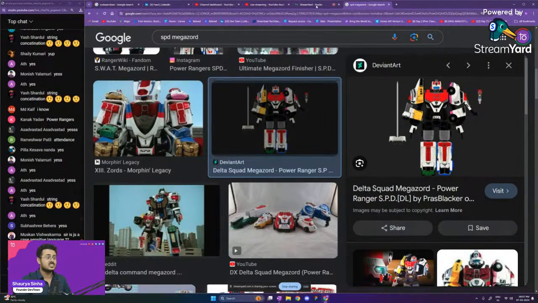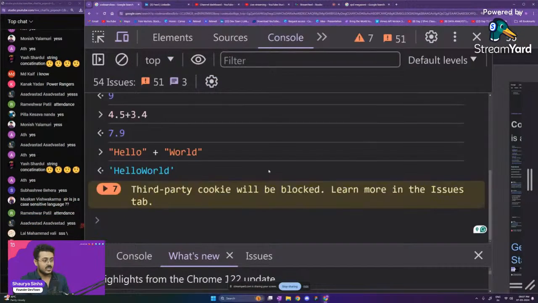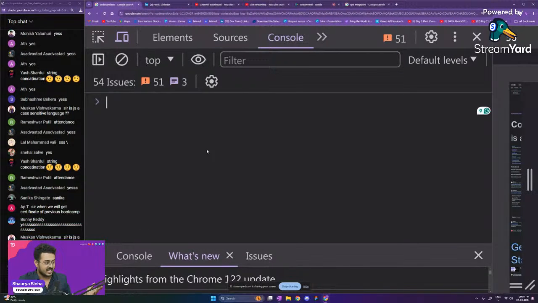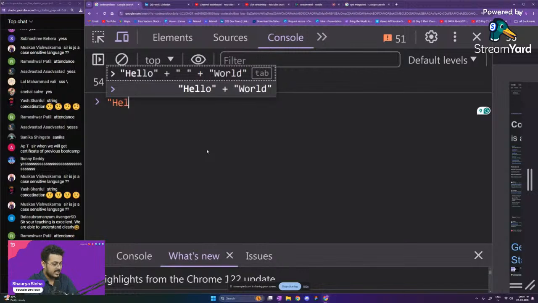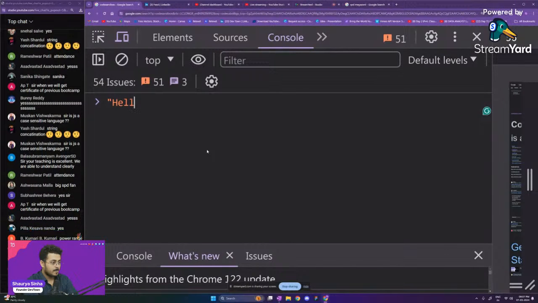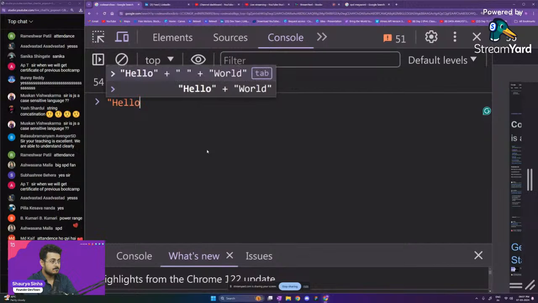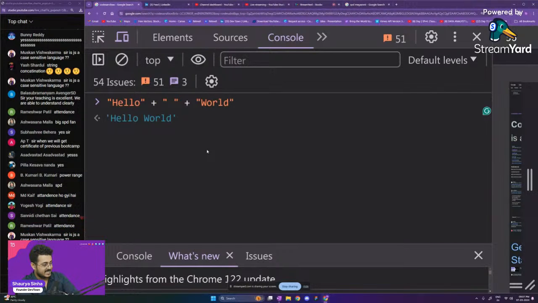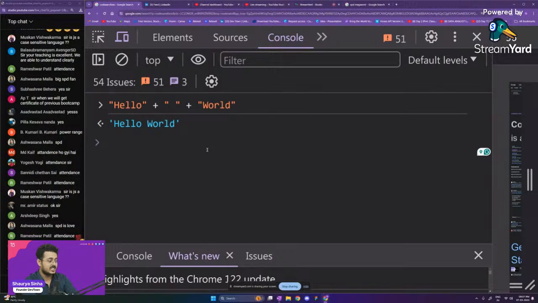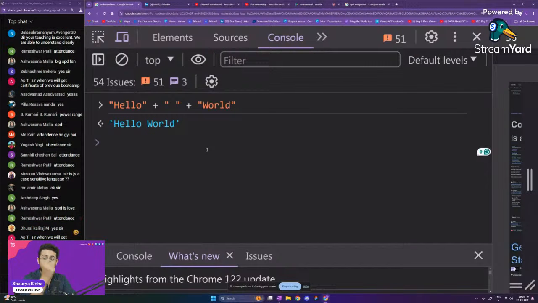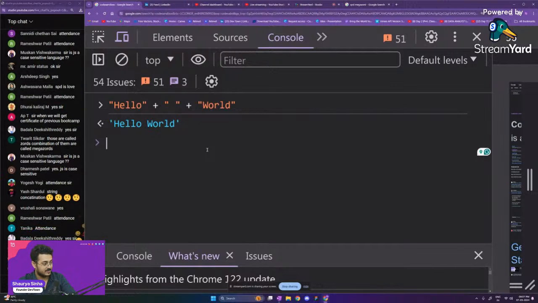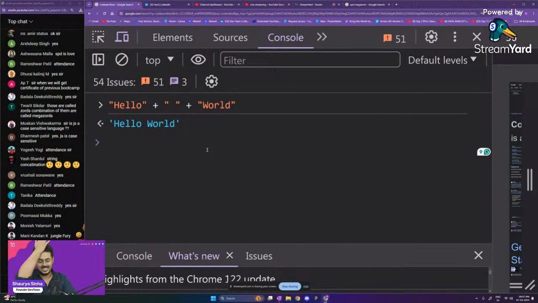This is what we call concatenation. And you don't have to just concatenate 2 words. You can concatenate as many words as you want, guys. For example, hello plus space plus world, and if you press enter right over here, as you're able to see, we are getting one single string, that is hello space world. I've concatenated 3 strings together right over here. This is called concatenation itself.